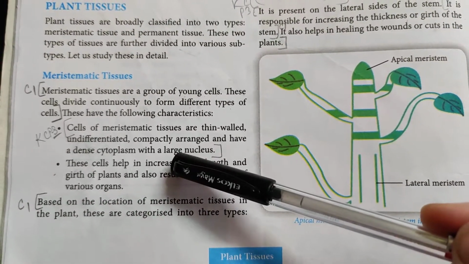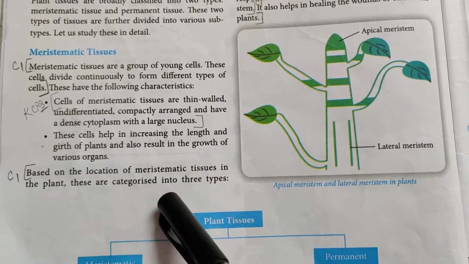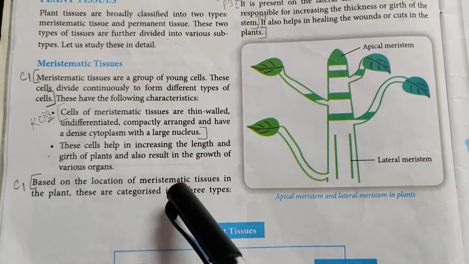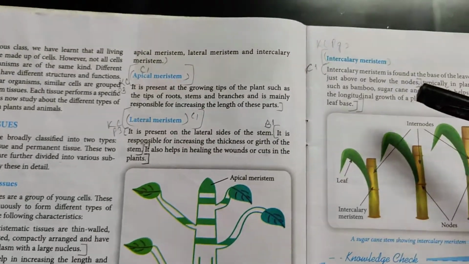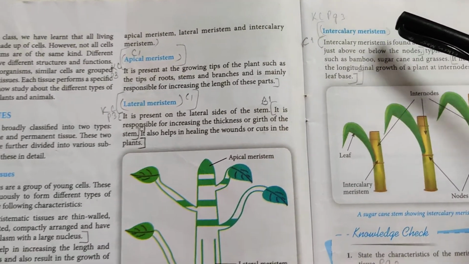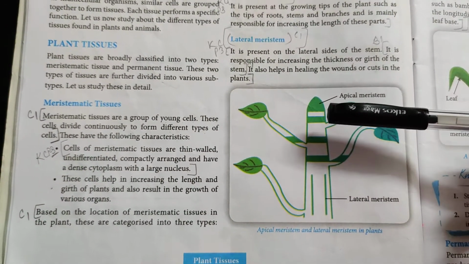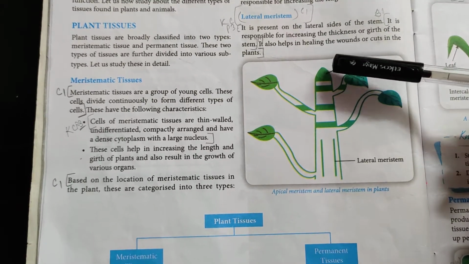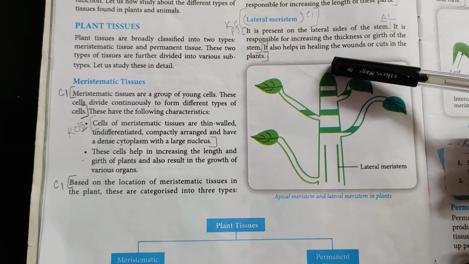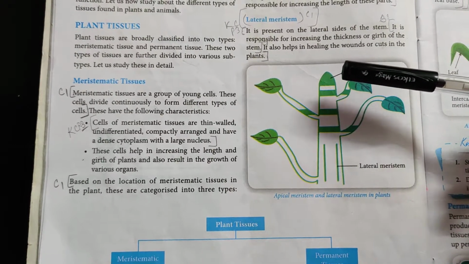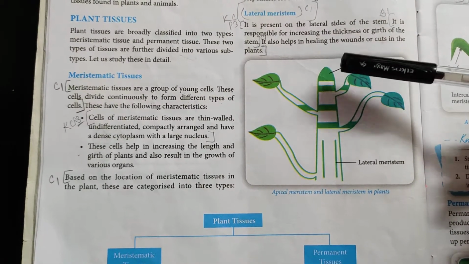Now, based on the location where the meristematic tissue is located in the plant, they are categorized into three types: apical meristem, lateral meristem, and intercalary meristem. Now, apical meristem, by the name you can make out, is present at the growing tips of the plant, such as the tips of branches, roots, stems, and it is mainly responsible for increasing the length of